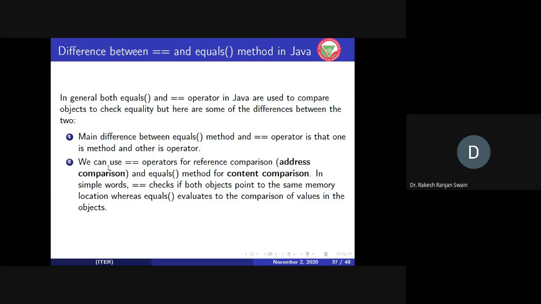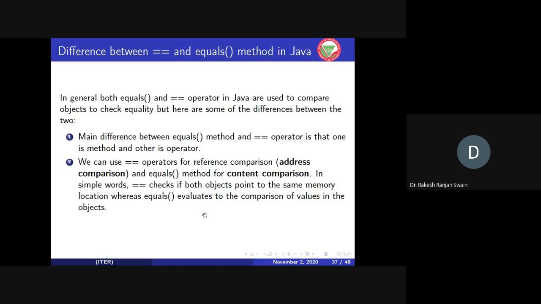Next difference is we can use the double equal operator for reference comparison, address comparison, and the equals method for content comparison. In simple words, double equal to checks if both objects point to the same memory location, whereas equals evaluates the comparison of the values in the objects.